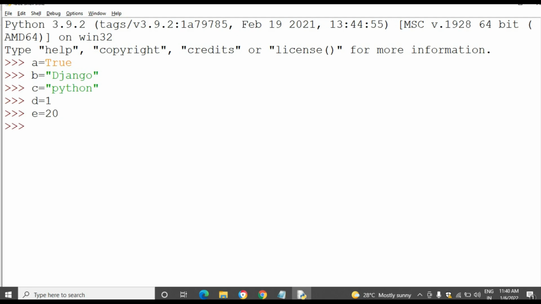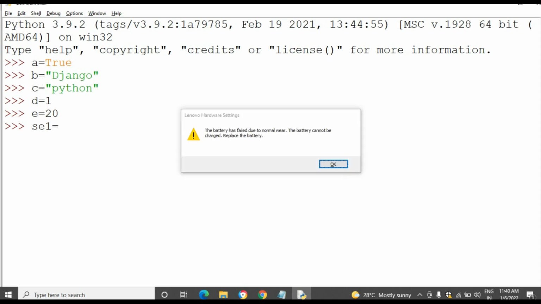Okay, these are all the multiple variables, but I want to pack all the variables into a single place. It's called set1. I want to group all the elements into set1 using the curly braces: a, b, c, d, e.